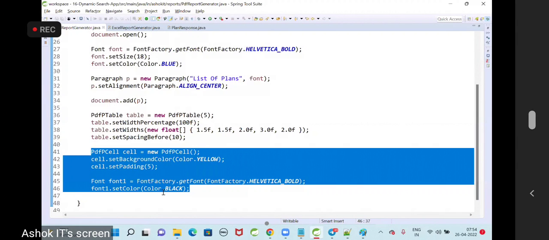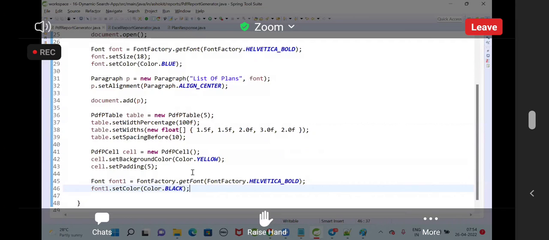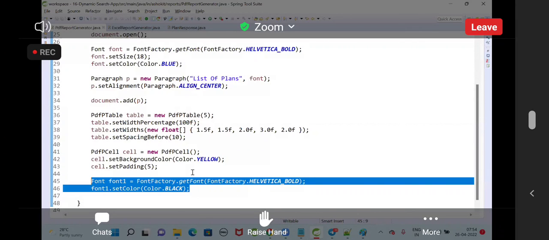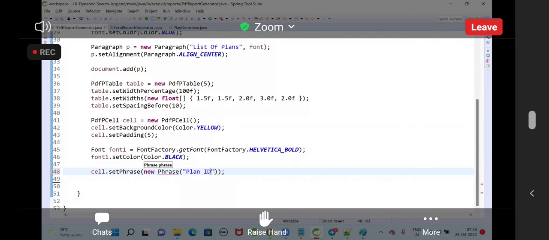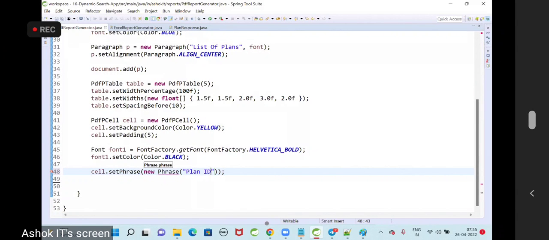Now let us create the cells. How many cells we need to create? 5 cells we need to create. Now directly we are going to create the 5 cells. Cell already available. So cell dot set phrase, cell text, new phrase of plan ID. First one is going to be plan ID, comma font 1. Now then add this to the table. Table dot add cell of